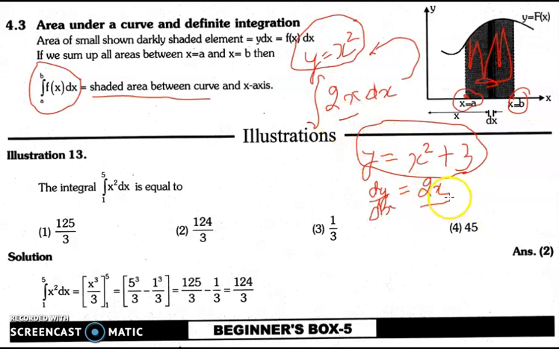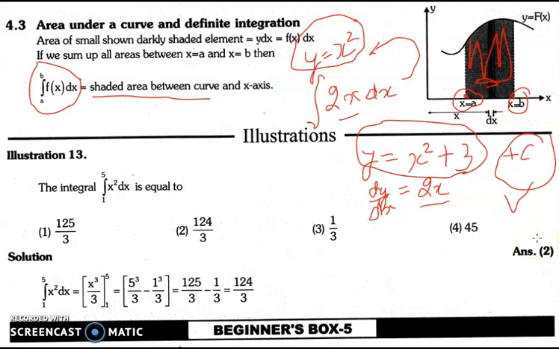But whenever we are trying to integrate this 2x, we are not sure whether we'll be reaching x square, or we'll be reaching x square plus 3, or, let's say, x square plus 5, x square plus 7, or any other constant. That is why we need to add a constant of integration, that is c, when we are trying to find the indefinite integral for any particular function.